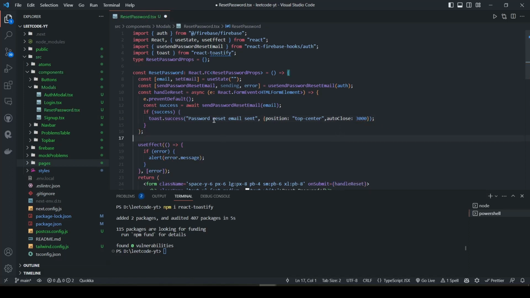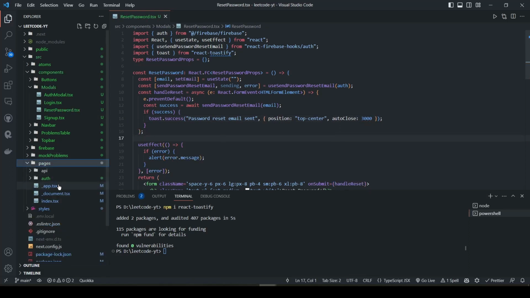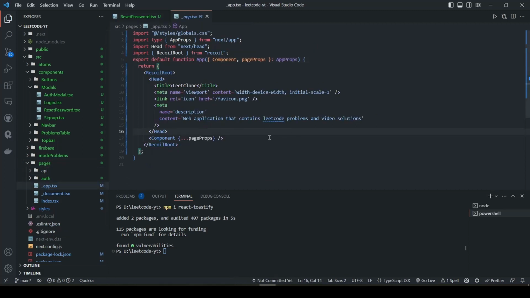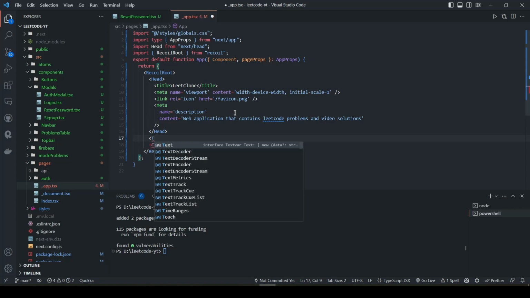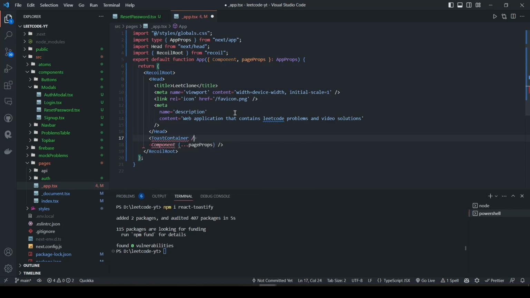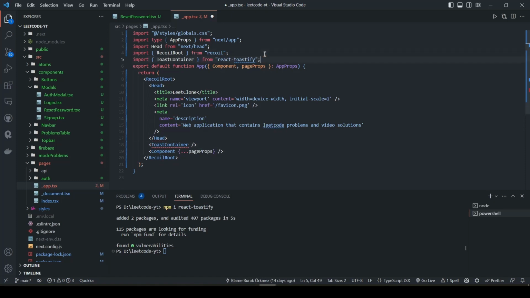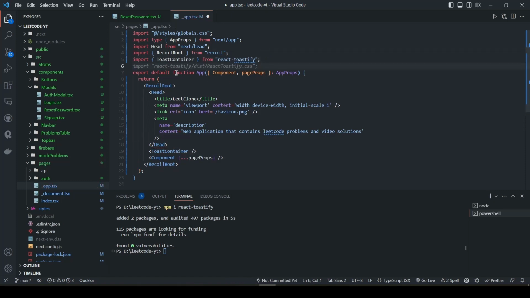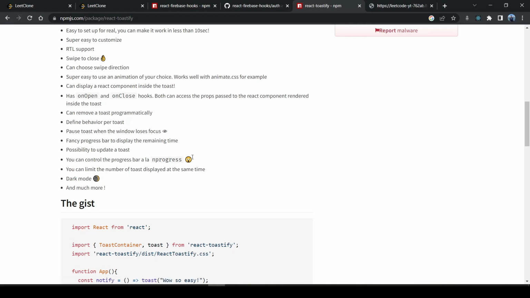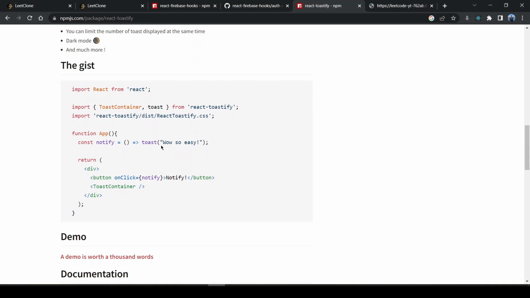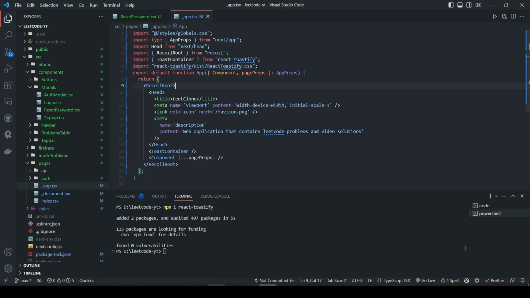And then now it's not gonna work because in our app we should add the container of this toast. So we'll say ToastContainer, and we're gonna import that from React Toastify, just like this. Then we also need to put the CSS. So you can see that from the documentation as well. We can see they are adding this container as well as the CSS file. And now if we save this, back to here,